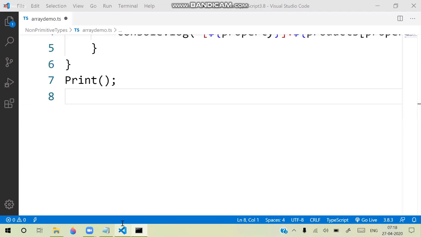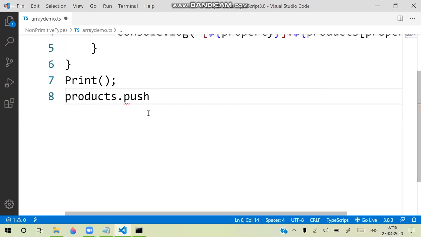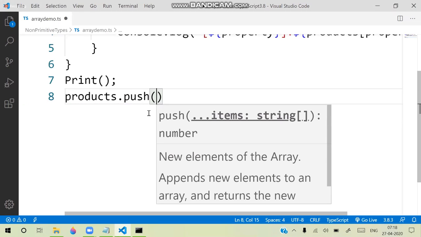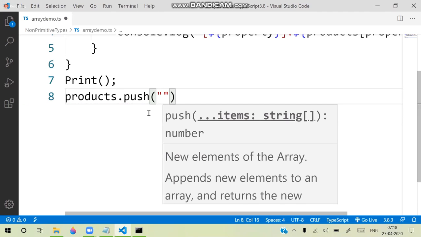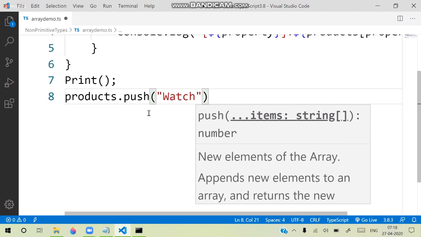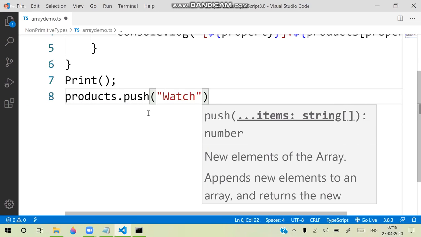Let's check that. So here we are using the array name products. Into that push and the new value. The new value I am adding is a string type. I am using some watch. Okay. With a comma, I can add